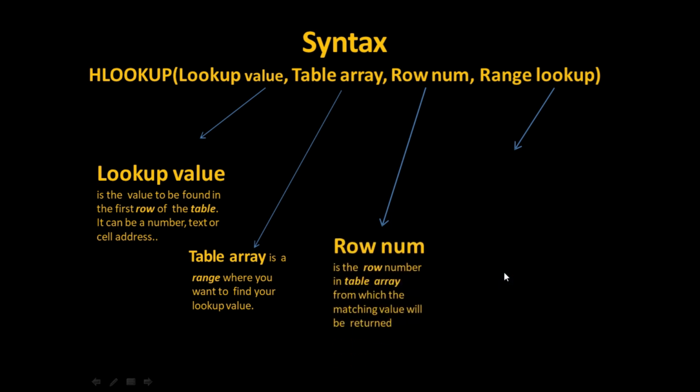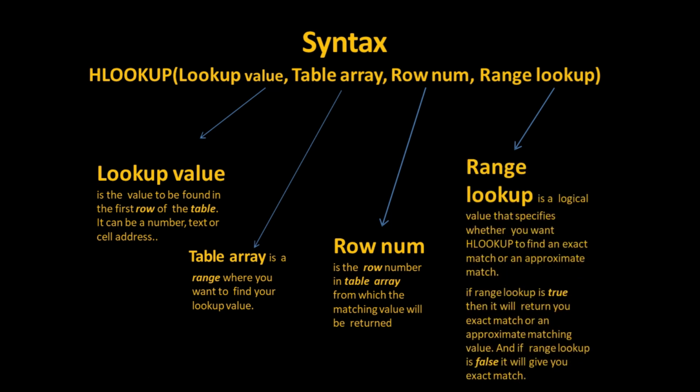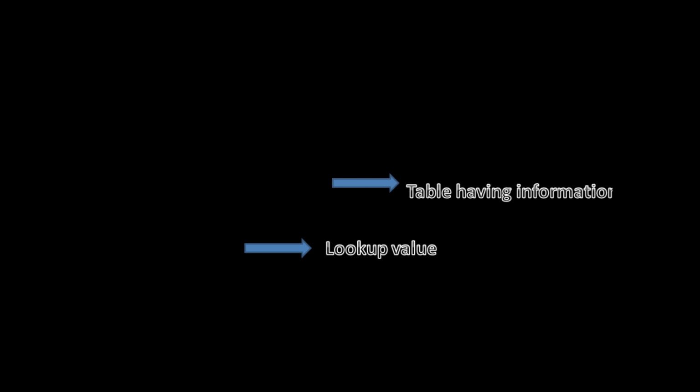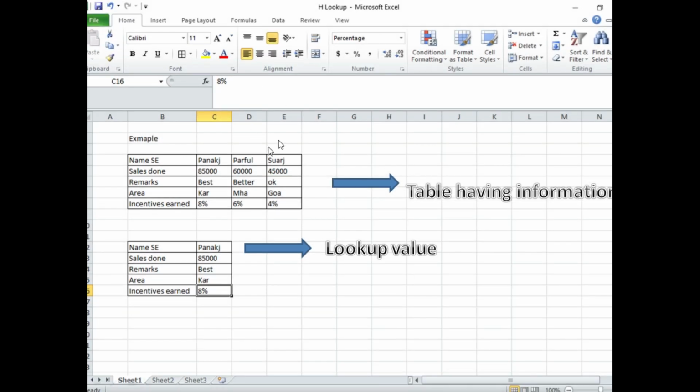The row number here is the row of the table array from which the matching value will be returned, and then this is the range lookup, the logical value which specifies what you exactly want, whether you want an approximate value, a range, or a specific exact value. So this is how the Hlookup function is executed, wherein this is a table from which you would like to retrieve information, and this is the lookup value you would like to see it from the